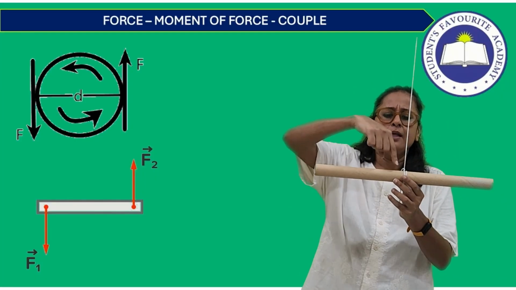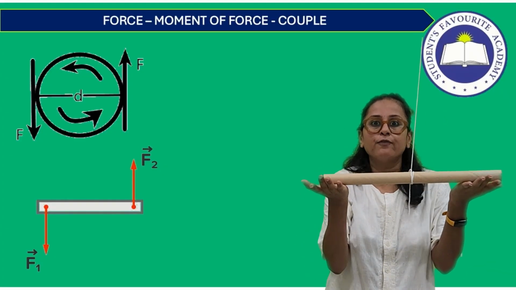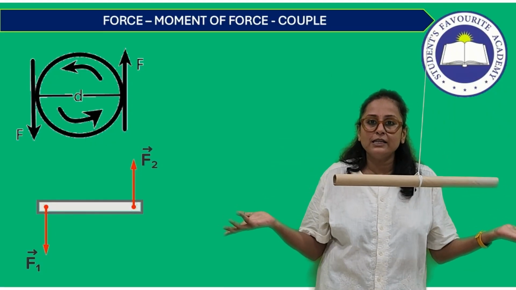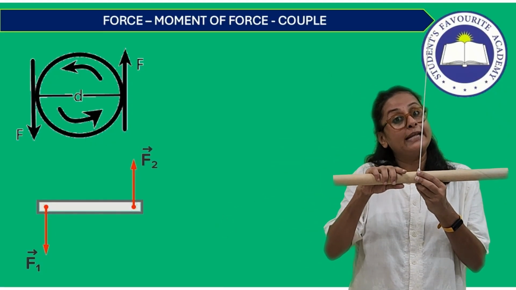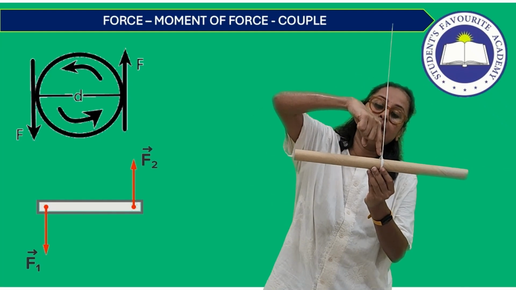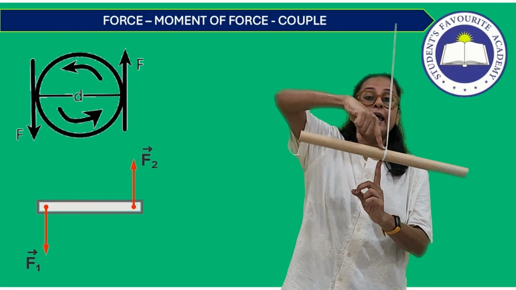In this setup, there is a force which is acting downwards. What is that force? The weight of the cylinder. And there is a force acting upwards also. That's why this body is in equilibrium. What's that force? That force is the force of tension. Alright. Now, we just need to understand that the downward force is equal to the upward force, hence the body